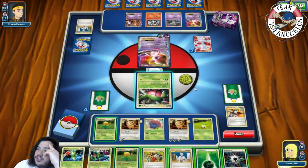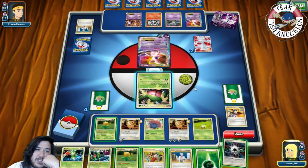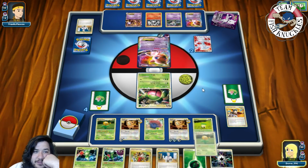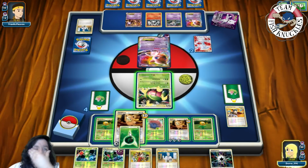I put down Sunkern, thinking it was Roserade. But it's not a Roserade, obviously. Like, oh my lord, that's bad. Alright, so we're going to put a Sunflora down. That's actually terrible. We'll put a Grass... Oh my goodness. So we'll put a Grass...